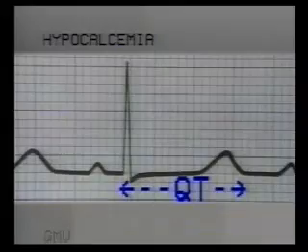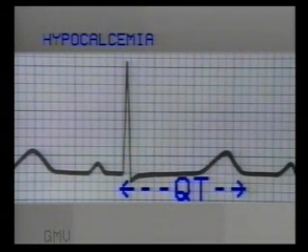Hypo and hypercalcemia. Reduced levels of calcium in blood causes prolongation of QT interval due to prolongation of the ST segment. Normally, QT interval is about 10 small squares or up to 0.4 seconds, but here it is prolonged to about 15 small squares. Note that in this ECG, the QRS is normal, the T wave is also normal, only the